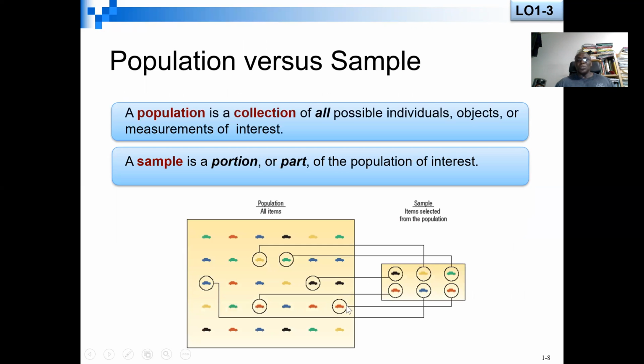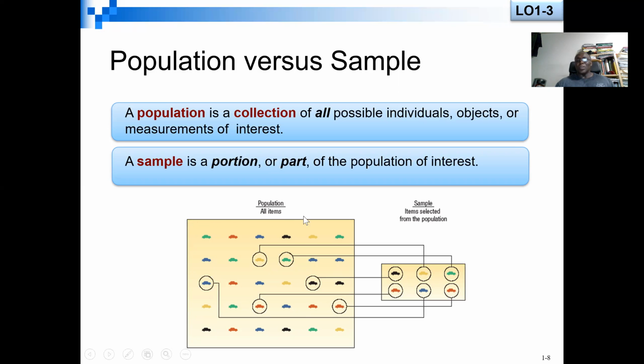Population is a sample, so the same thing. So population is a collection of all the possible individuals, or any objects, or any measurements of interest. Then a sample will be part of the subset of the population. So when we look at the diagram here, we can see that we have